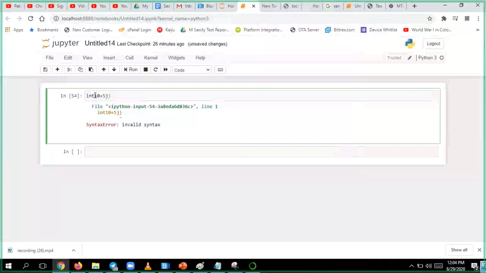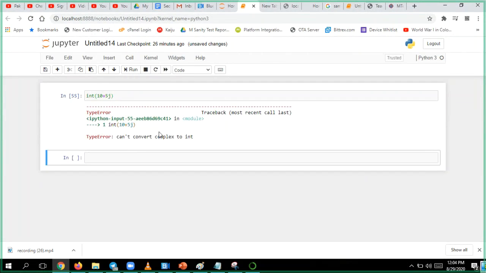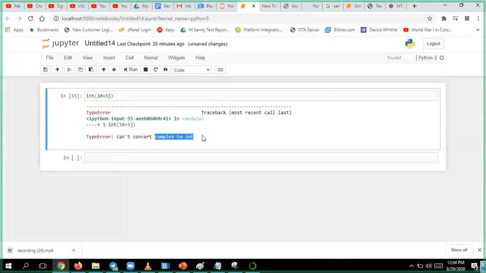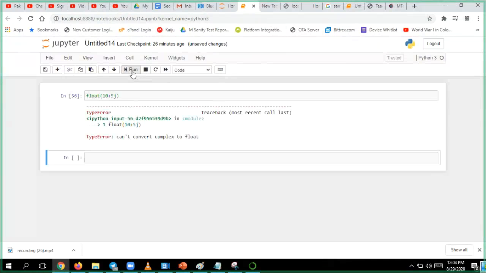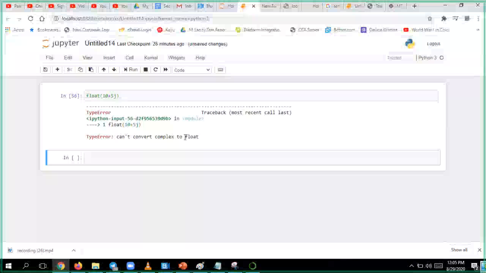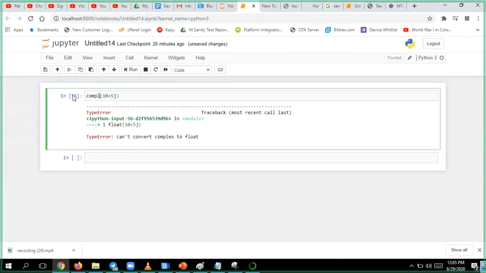Converting to integer, see this, it says can't convert complex to integer. Straight away it says. Now the same thing, see, can't convert complex to float. So remember guys, integer, if you have, you can convert it into complex.